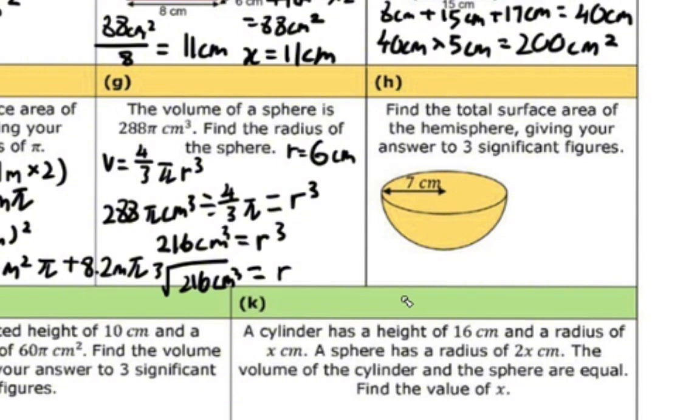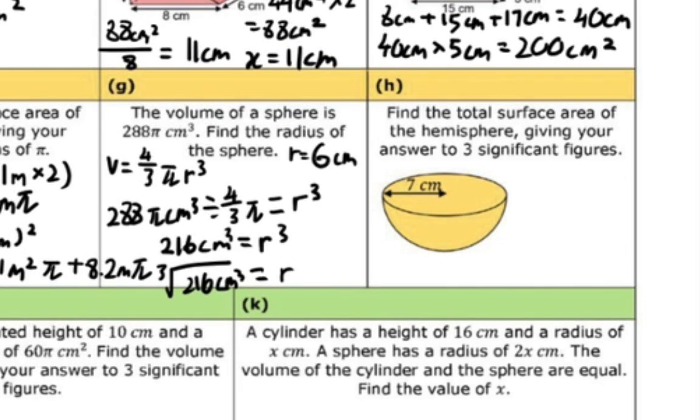Question H. Find the total surface area of the hemisphere, giving your answer to 3 significant figures. To find the surface area of the hemisphere, we're going to take 2 pi r squared plus pi r squared. We get 2 pi 7 squared plus pi 7 squared, which we will get